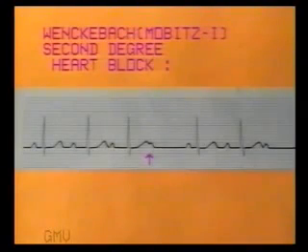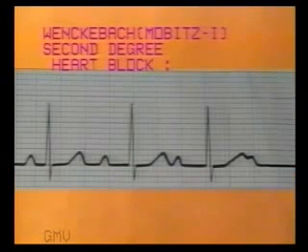In this ECG, we see that some intermittent P waves are not conducted. So first we must see whether the PR interval is constant in all the beats or it varies from beat to beat. Here it varies from beat to beat. Now let us observe the pattern more closely. In the first beat, the PR interval is 4 small squares, that is normal. In the second beat, it is 6 small squares. In the third beat, it is 7 small squares, and the fourth P wave is not followed by QRS complex.